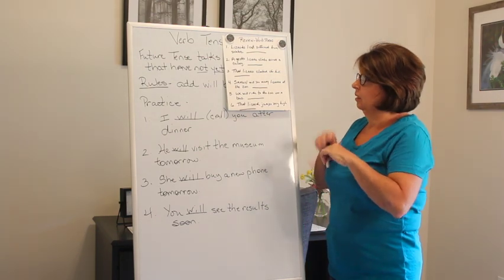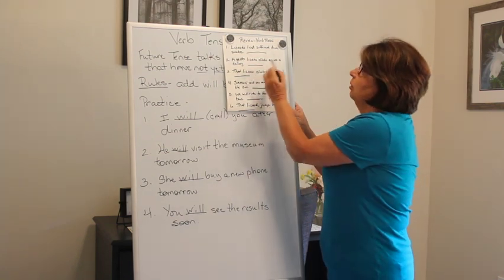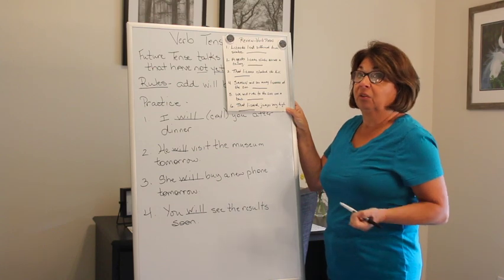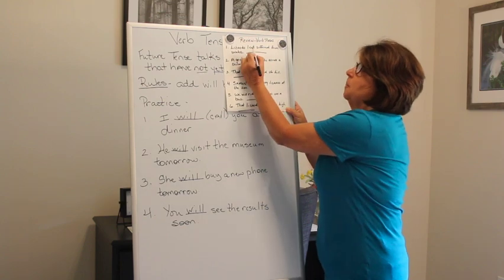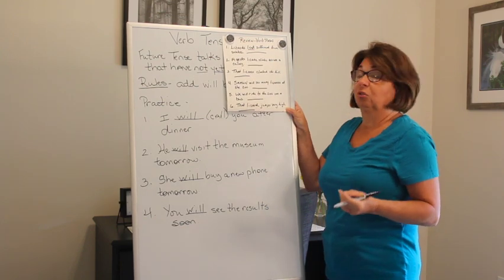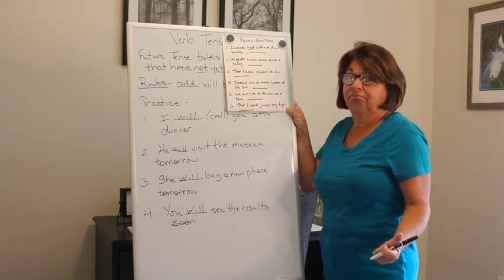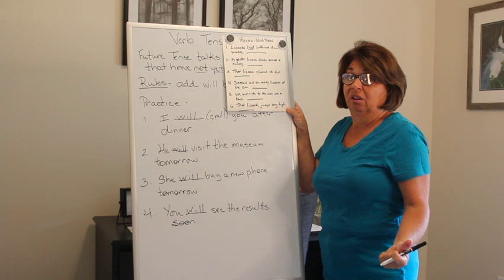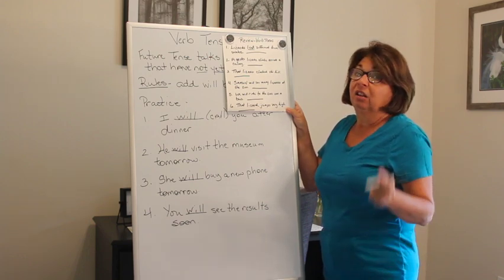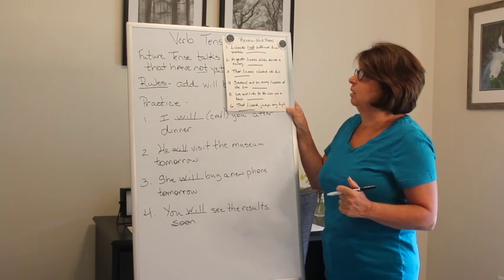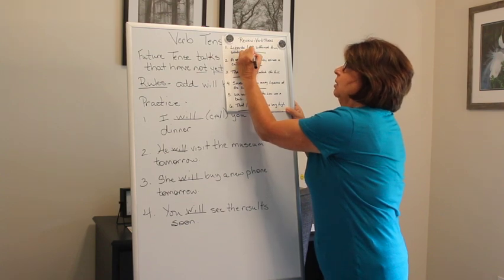So let's look at this little review sheet that is all about lizards. Lizards look different from snakes. First thing we want to do is identify our verb, the action of the sentence. So our verb is look. Lizards look different from snakes. Now, do you see the word will in front of that? So we know it's not future. Does it have ED on the end, like it already happened? No. So we know this has to be a present tense. Lizards look different than snakes. So we're going to give this a present tense.